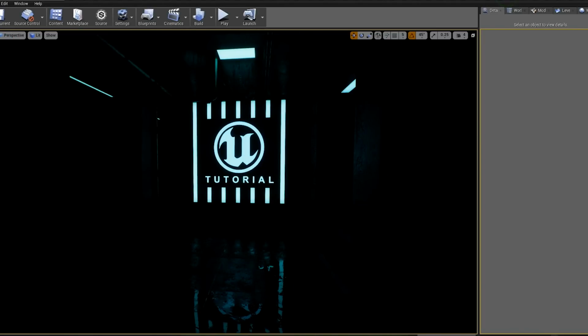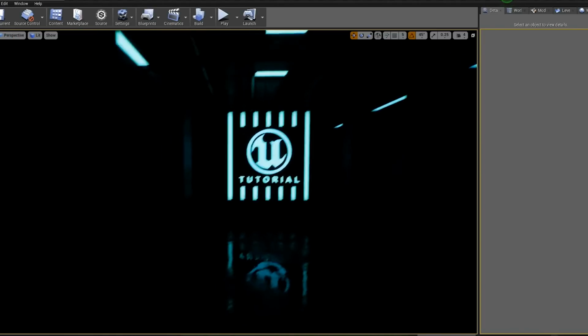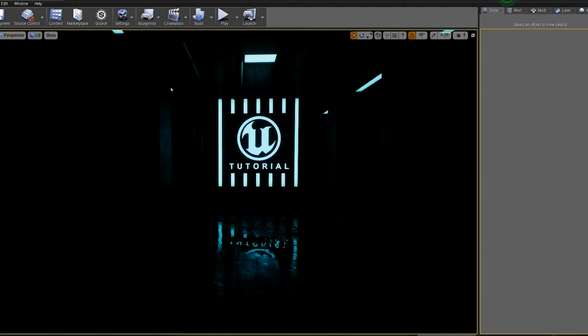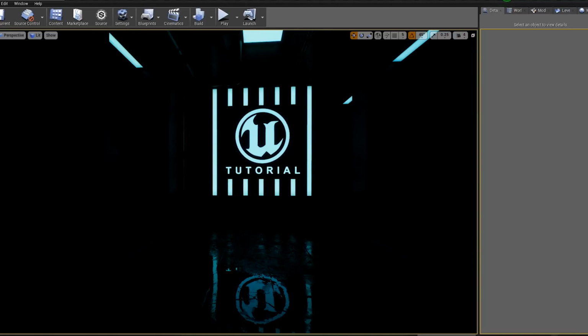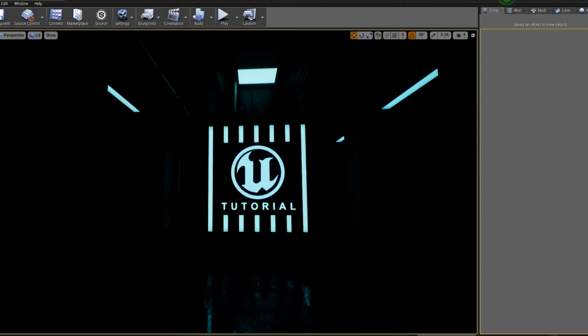We have some reflection captures pasted in the scene, so you're seeing some of the screen space reflections on the puddles. This is actually the ground floor from the reflections demo. I just grabbed that material that Epic put out and slapped it on there. And you can vertex blend it and change up the location of the puddles and all that stuff. But now what I'm going to do is